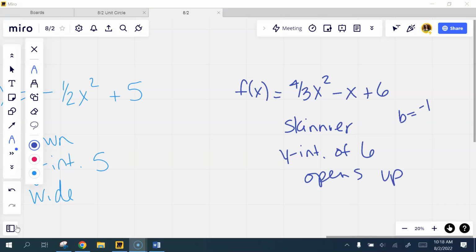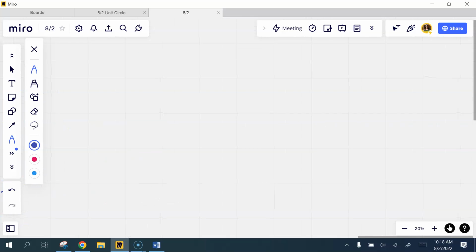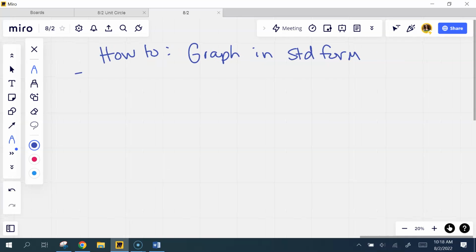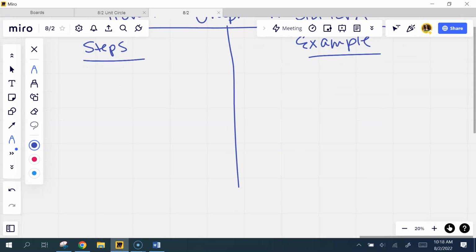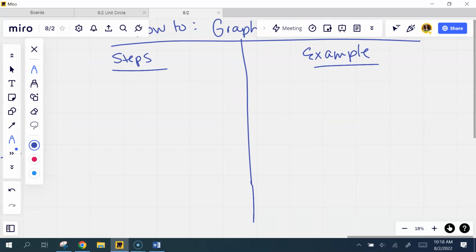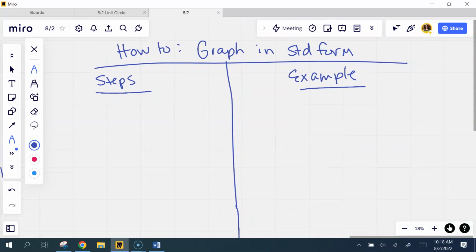All right, let's talk about what we're going to do. I like steps, and so if I ever get the opportunity, you will see me list out in steps, so that if you ever go back to your notes and you need to reference how exactly do I do this, you will have it there. I'll put the steps here, and I'll run an example on this side to follow along with the steps so that you will see what is going on. Let's do